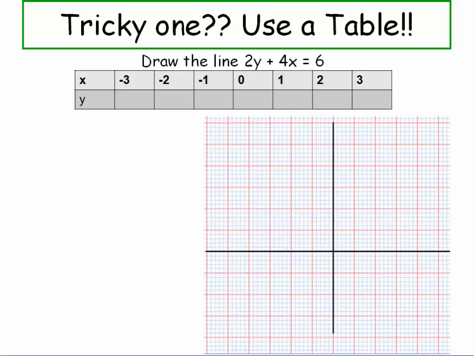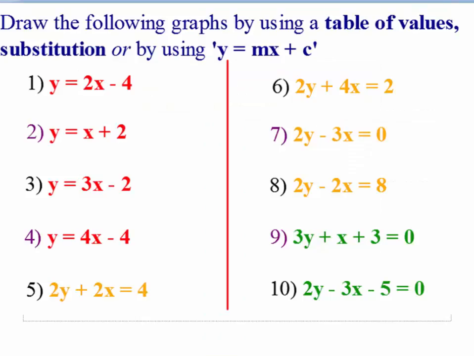Here we're going to use a table, put the values of x into the equation. The values of x were given. Label the axes accordingly, so the horizontal is the x-axis, the vertical is the y-axis. Plot the points and draw the straight line. Here is a practice on drawing